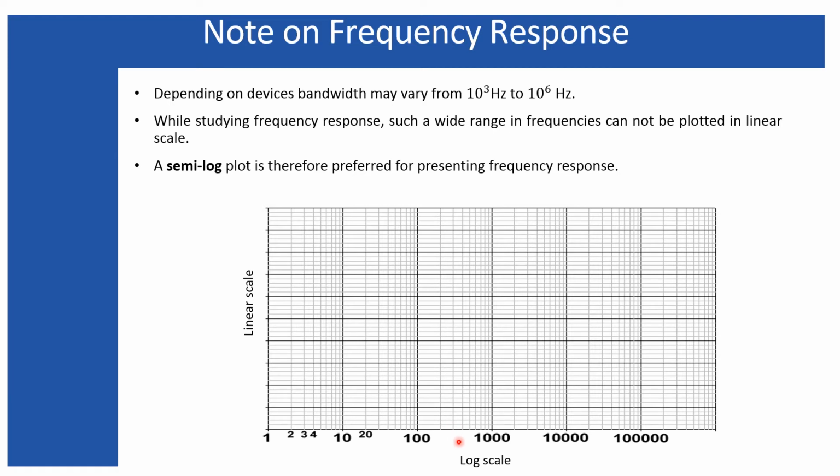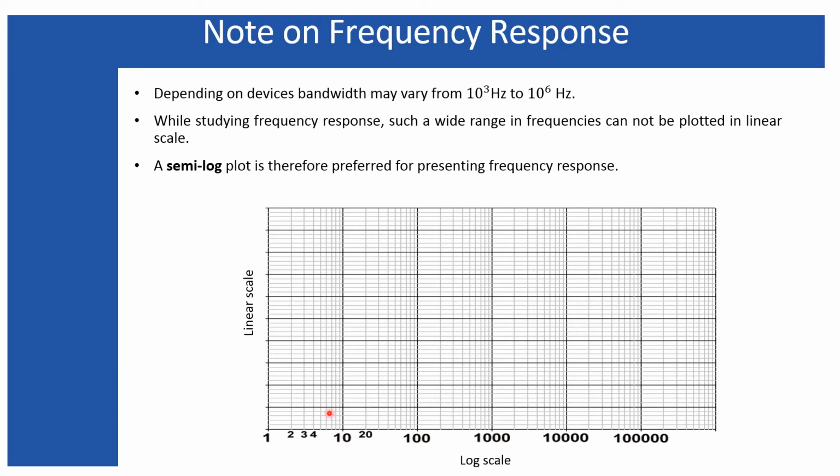Now, if you want to plot at 1 megahertz, that means 10 to the power 6, then this is 10 to the power 5. So this point is 10 to the power 6, and for that you have to take a larger plot, or you can scale it up starting from 10 at this node. If it is 10, then it is 100, then 1000, and then this point will come as 10 to the power 6 or 1 megahertz. So you can plot your frequency range within this particular range. Similarly, if you want to plot starting from a smaller range, you can start from 0.1. So if it is 0.1, this point will be 1, this will be 10, this will be 100, and so on.